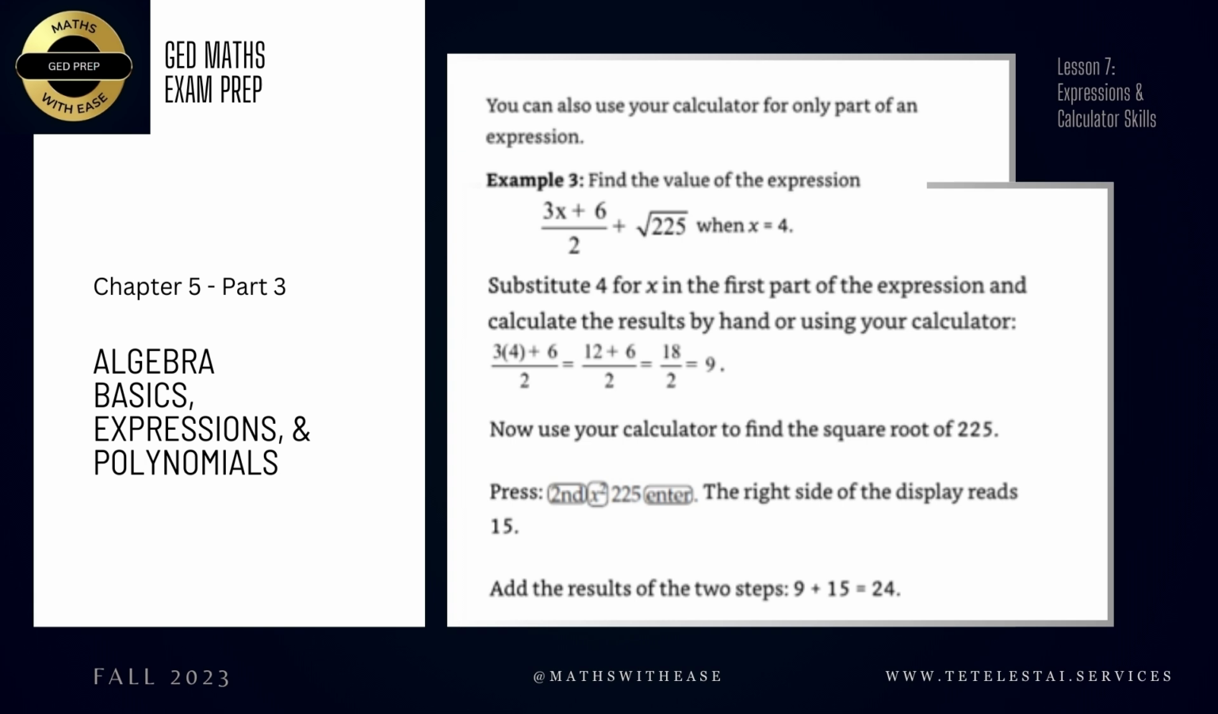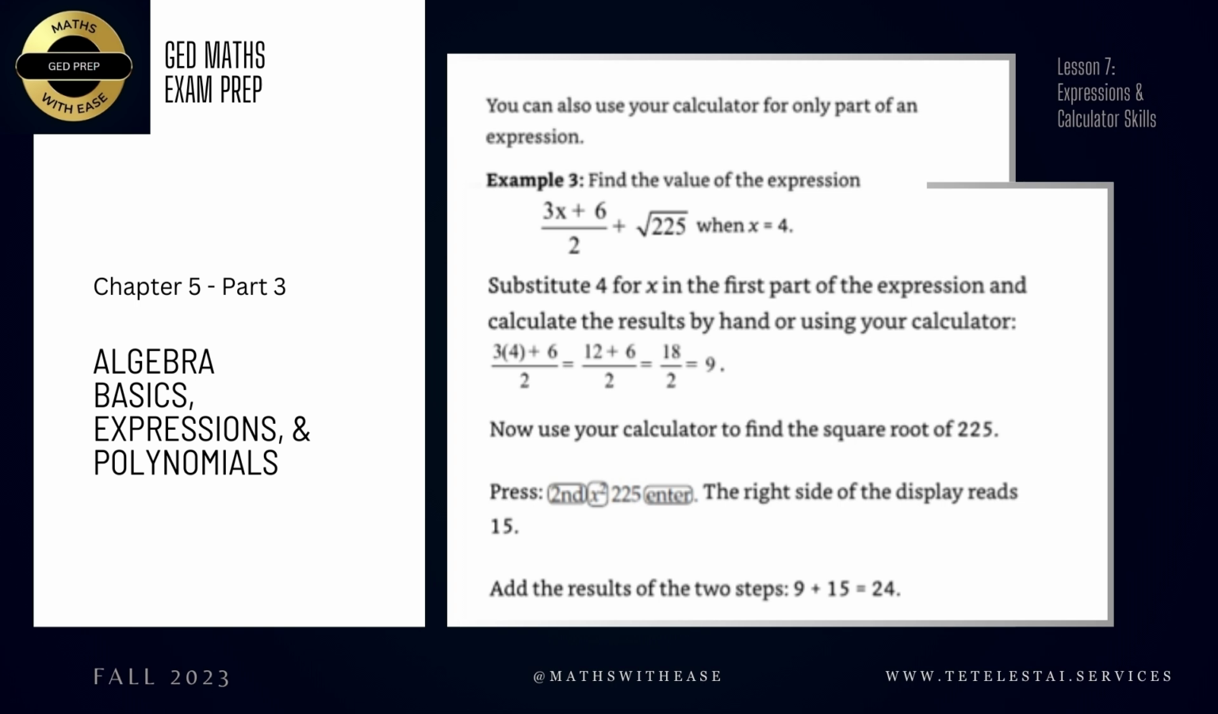Okay, so you can use your calculator for only part of an expression. For example, here, where we're told to find 3x plus 6, that's the binomial in the numerator, 3x plus 6 divided by 2 plus the square root of 225 when x equals 4. Basically, you would just find the square root of 225 using your calculator, and then substitute 4 into x. So 3 times 4 is 12. 12 plus 6 is 18. 18 divided by 2 is 9, which they've done for us here. And then you would just add 9 to whatever you found as the square root of